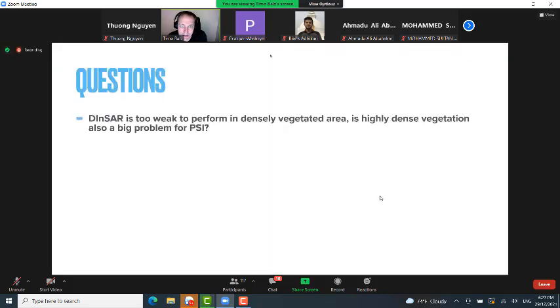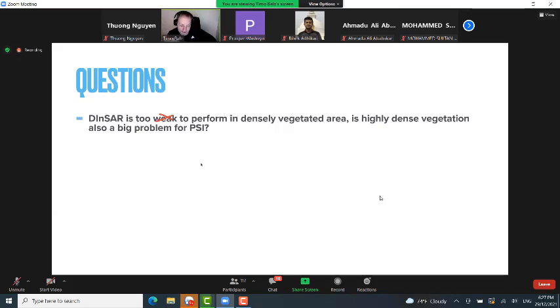But yes, that is a problem for PSI as well. However, words are important. Weak is just not the right word to describe that. It does not really perform well in densely vegetated areas. And that's also a big problem for PSI,